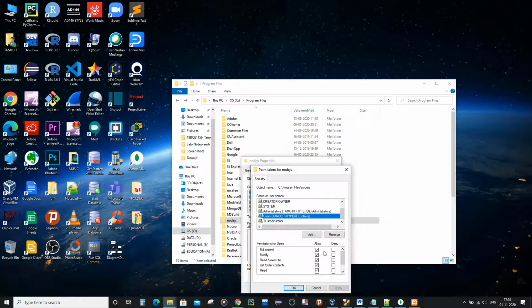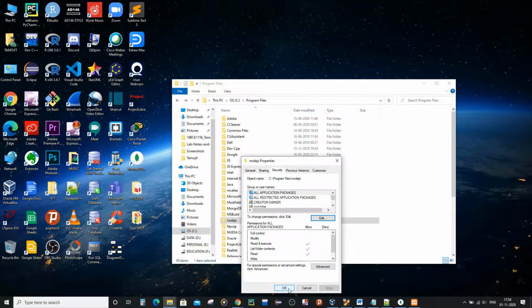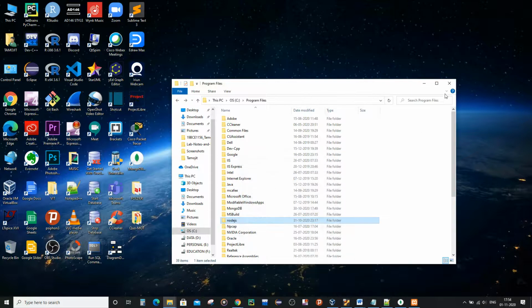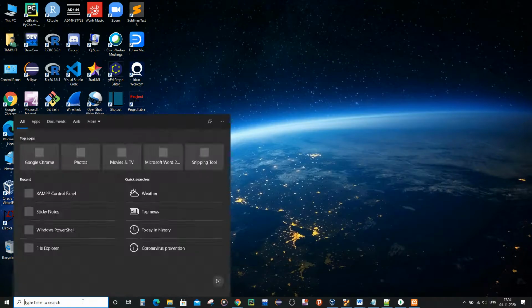If you don't have these two boxes checked, then that is a clear indication that your Nodejs folder is not allowing any external folder to get installed in your system even after you run the npm install mongodb command on your CMD. So after checking this, click on Apply, click on OK, and after that again click on OK, and then you can open your CMD,